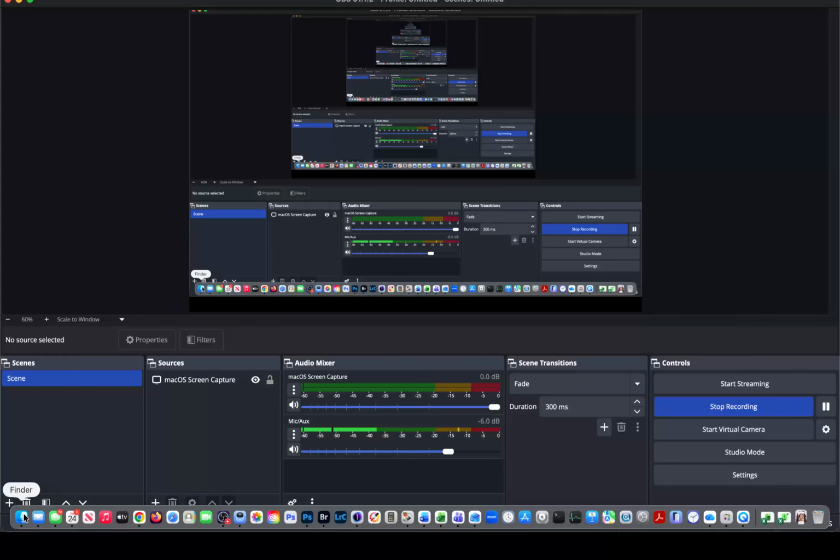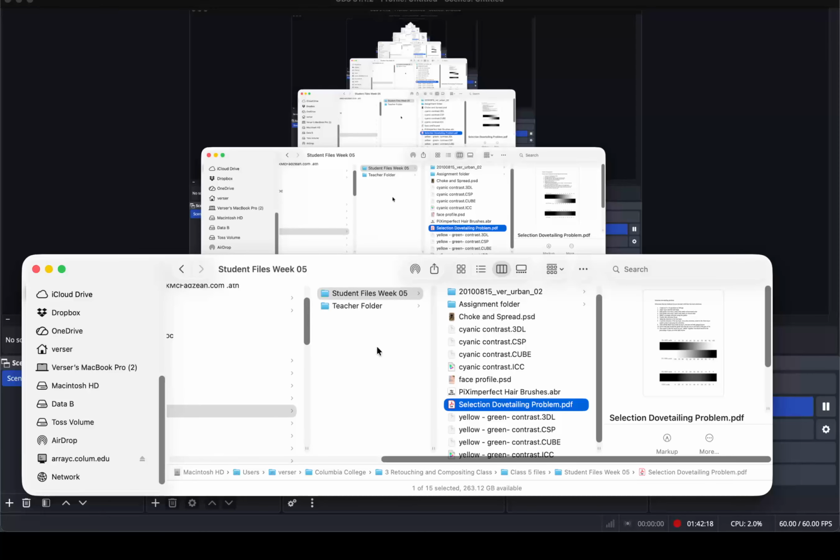Okay. So we now are going to start moving into next week. We start retouching hardcore. But I still want to deal with the issues of spill, because these come up in every single composite that you're going to do. And there's other strategies for dealing with different areas of your image about how you actually fix that part and remove those parts. So if you go into our session number 5 today, student files number 5, inside there is